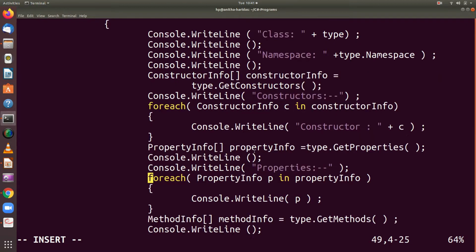Then I have another class used here, PropertyInfo. Observe here, ConstructorInfo is a class that is available in the Reflection namespace. In the same way, PropertyInfo is another class available in the Reflection namespace that contains the information or the metadata about the properties of a class.